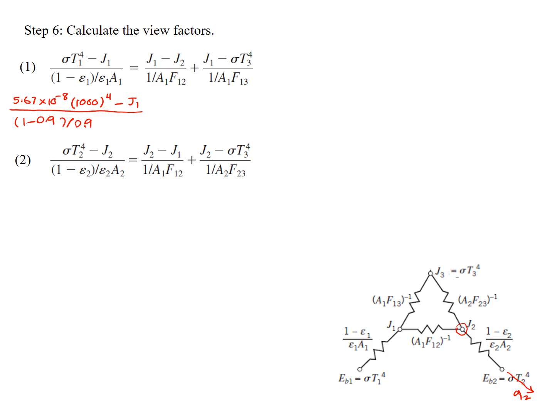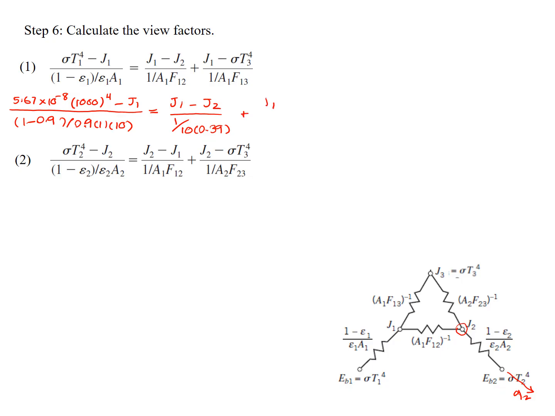And area 1 was 1 by 10. That's the first relation. J1 and J2, again, I don't know these. I'll leave them as is, but those are my only unknowns. 1 over A1 is 1 by 10, which becomes 10. And F12, I think I calculated it as 0.39